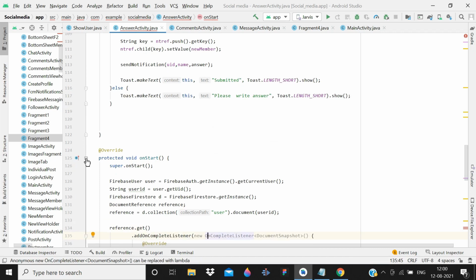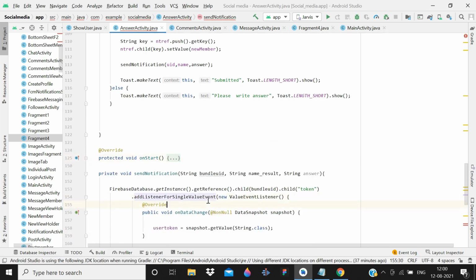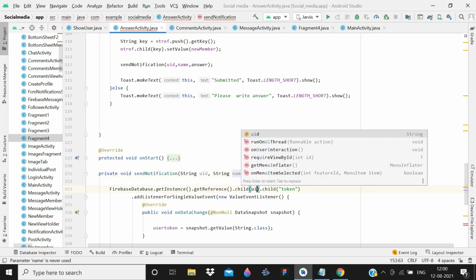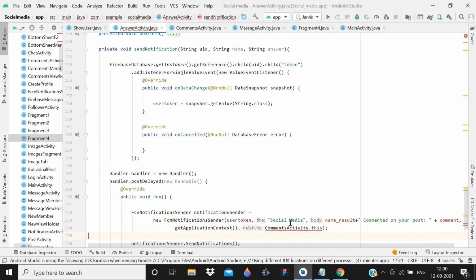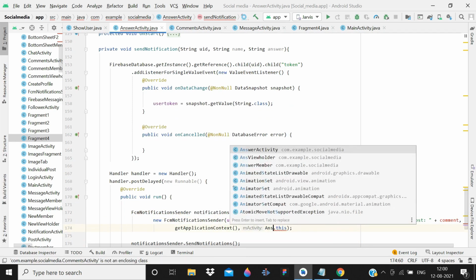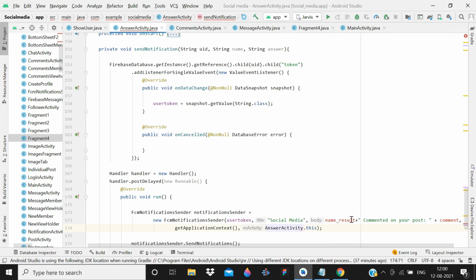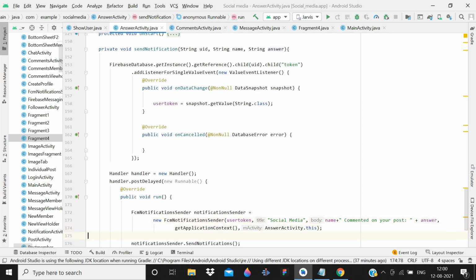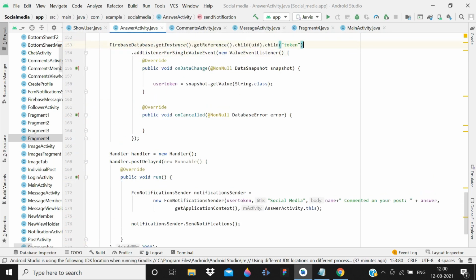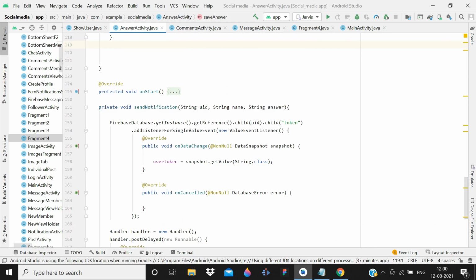Then close it, and let me change this to UID, then name and answer. Guys, make sure the string values are the same, otherwise it will create a problem and the notification will not work correctly. So give name and here answer. This time you will receive the notification when someone replies to your question.